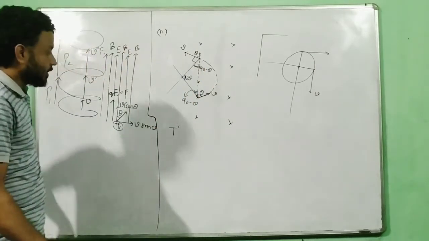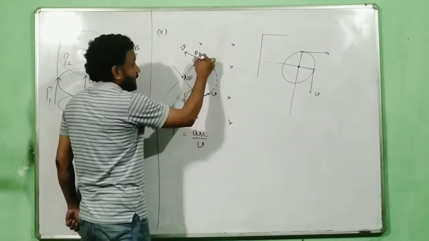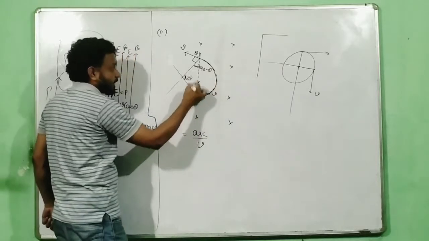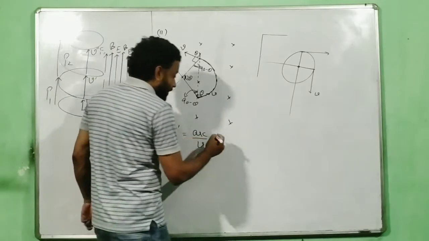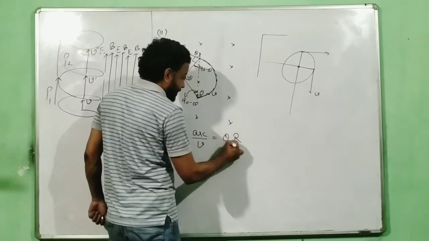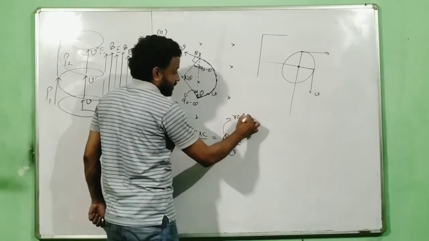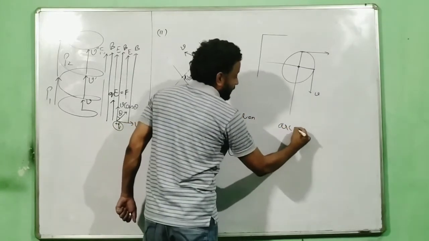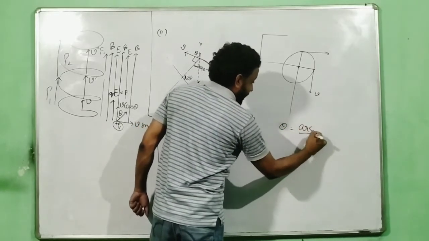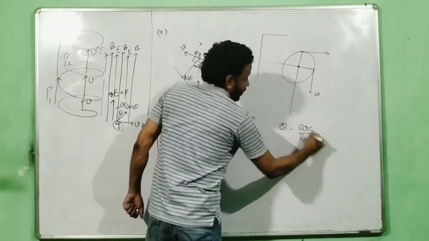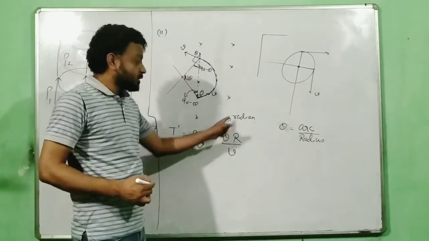Okay. So t dash will be equal to the arc length divided by velocity. Now what is this arc? This is the arc which it is going to subtend. How do we find the length of an arc? Arc length is equal to theta multiplied by radius. Theta must be in radians, not in degrees. I hope you remember this formula: theta equals arc by radius.